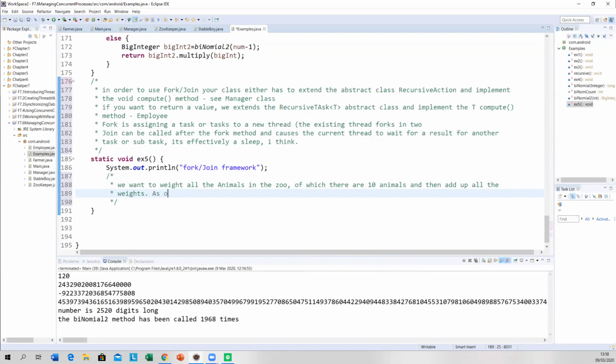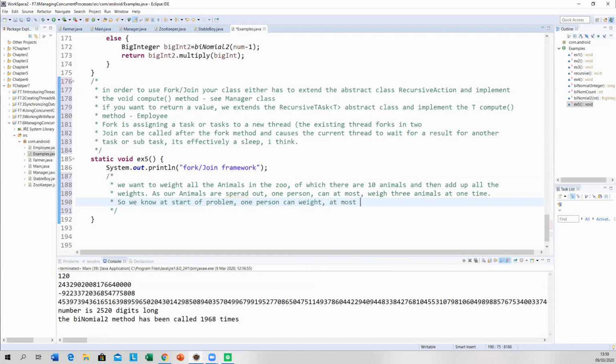Okay. As our animals are spread out, one person can at most weigh 3 animals at one time. Okay. So we know at the start of the problem, one person can weigh at most 3 animals.